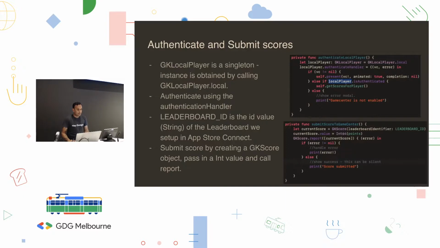When you want to submit a score to Game Center, it's exactly the same thing as Android, where you just pass in the leaderboard ID. And it again has a block that you pull, which is done by calling GKScore. Once you've done that, if nothing errors out, you should be able to put the score.